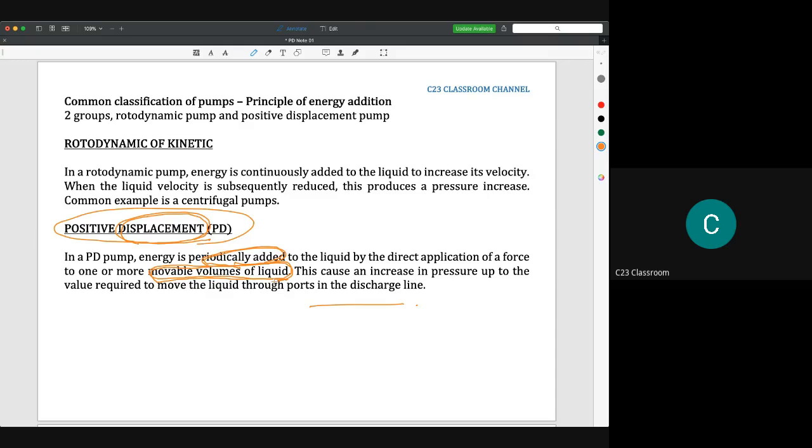Okay, jadi awak boleh imagine kalau picagari itu awak gunakan untuk memindahkan air. So, waktu awak tarik picagari, air akan masuk. So, maksudnya tidak ada aliran keluar. Bila awak tolak picagari, barulah air dialirkan keluar. That's the meaning of energy being periodically added to the liquid. So, antara contoh, another